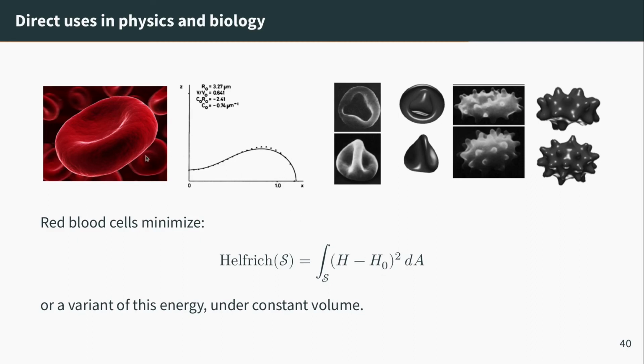So this model already out of the box allows you to describe the shape of a red blood cell. And what's interesting is that if you complexify the model a little bit, like you add extra terms, you get those types of shapes, and these shapes actually occur in nature. They are associated to some kind of diseases or whatever.